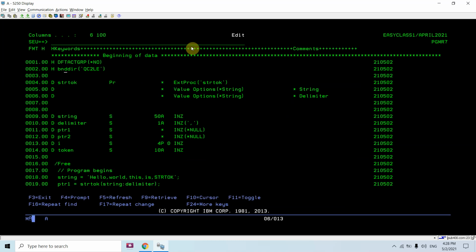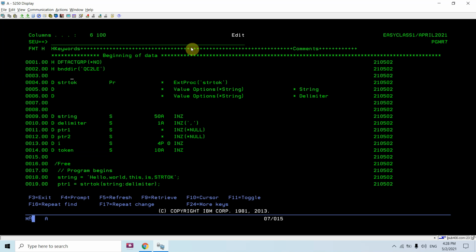Here you can see the first important thing is that the default activation must be *NO, because we are using EXTPROC. Whenever we use EXTPROC, it needs an activation group. The program must run in some activation group, and it must not be the default activation group.